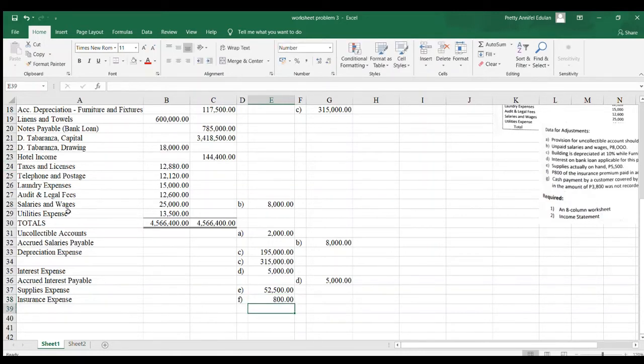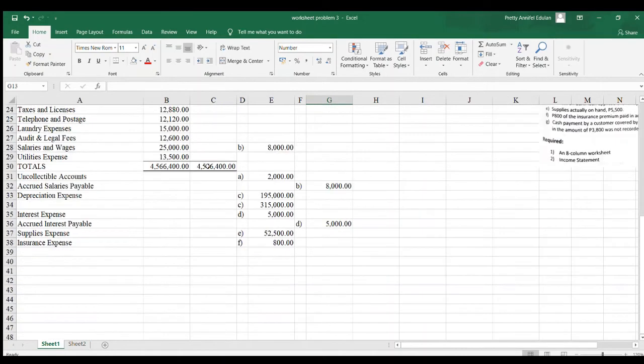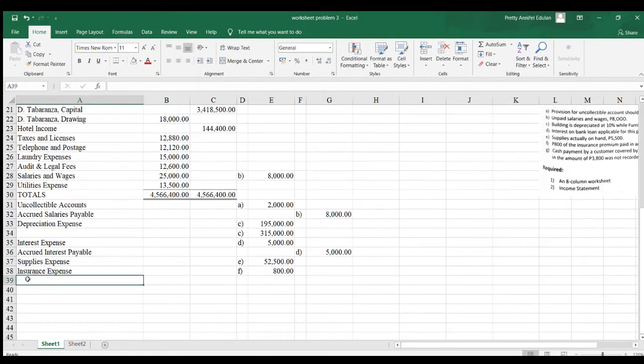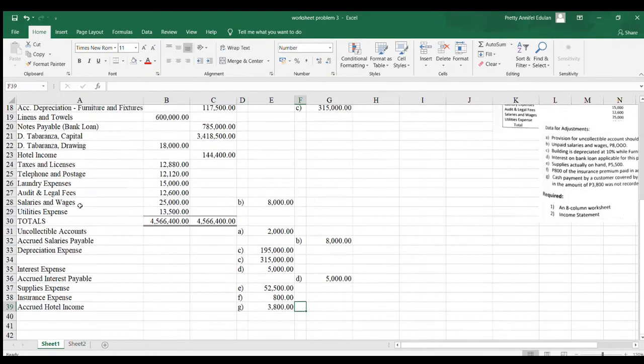Prepaid insurance, 800. Accrued hotel income, 3,800. And hotel income,